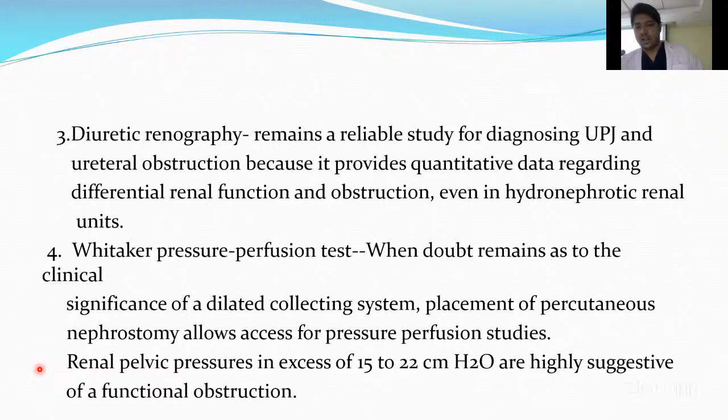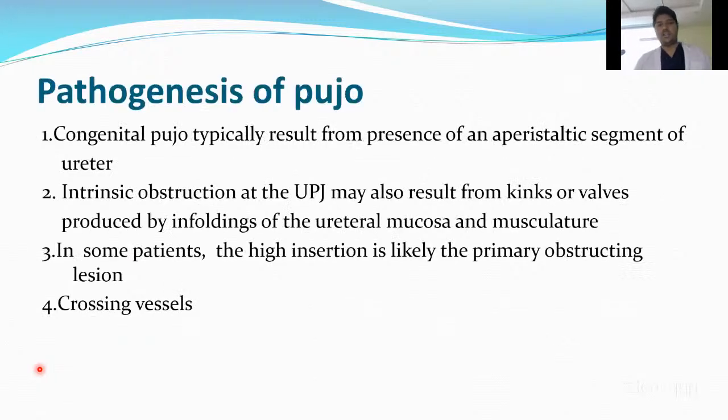When in doubt on diuretic renography, the Whitaker pressure perfusion test is done by placing a PCN. A renal pelvic pressure of more than 15 to 22 centimeters of water is highly suggestive of functional obstruction. Pathogenesis of PUJ obstruction: congenital PUJ obstruction typically results from the presence of an aperistaltic segment of the ureter. Intrinsic obstruction of PUJ may also result from kinks or valves produced by infolding of the ureteral mucosa and